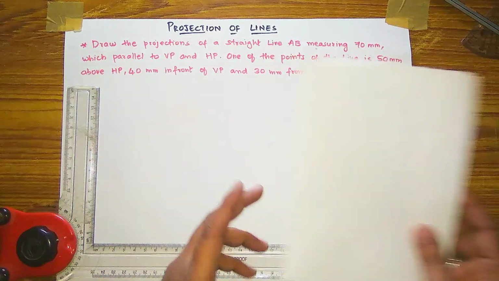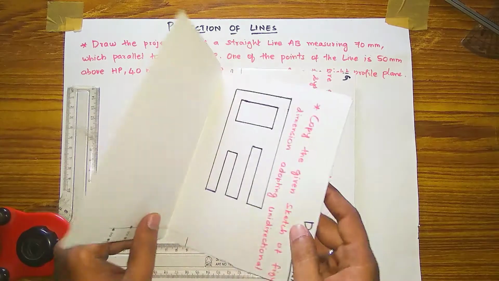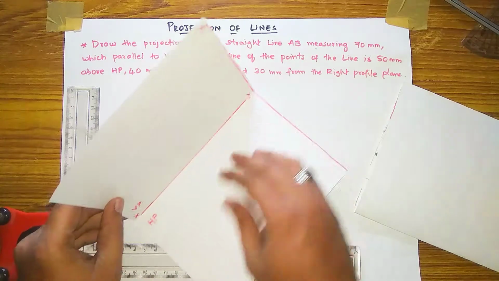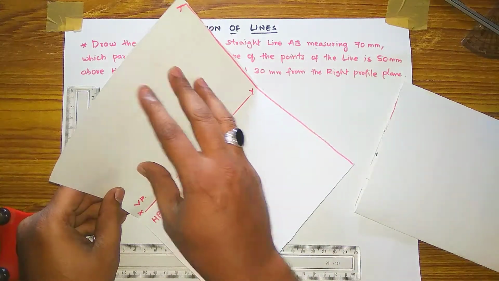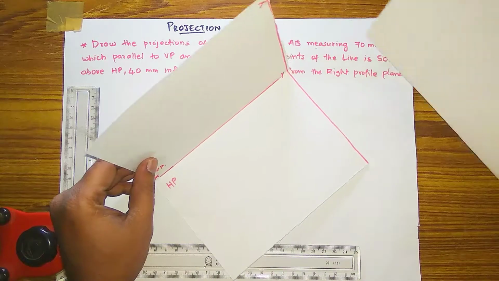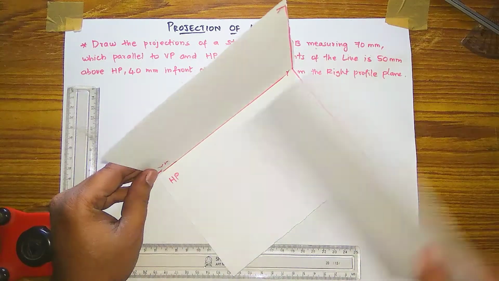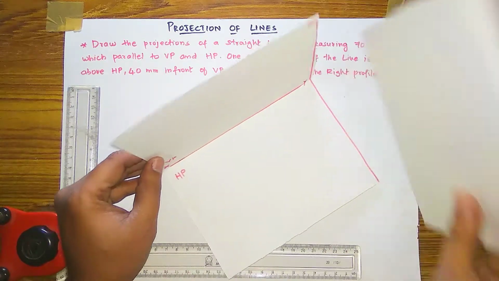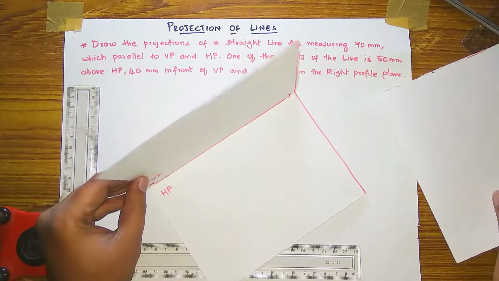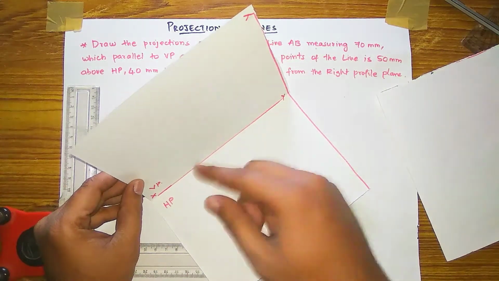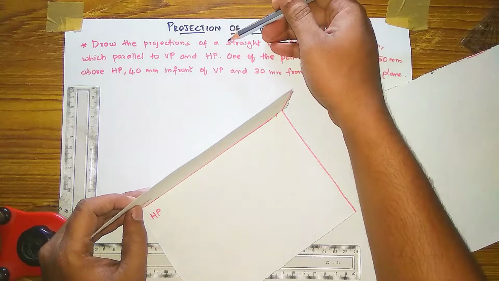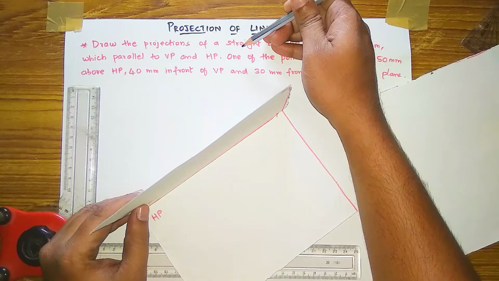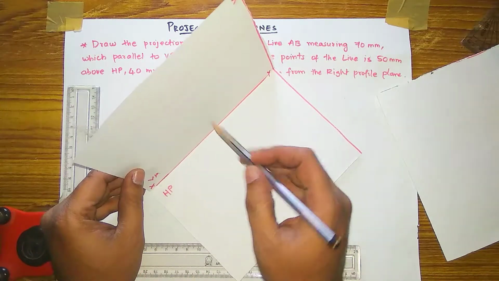So before starting this question, I am giving you a practical concept how to draw this. On an XY line, you will project the lines. This is the vertical plane and this is the horizontal plane, and this will be the right profile plane or left profile plane as given in the question. So according to the question, you have to keep this right profile plane here on the right or on the left. So on a common XY line you have to draw. As given in the question, you have to read the question and understand the question, and according to that we have to draw it.